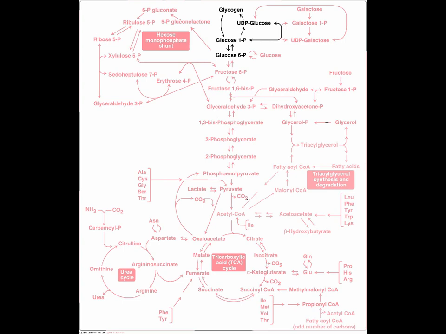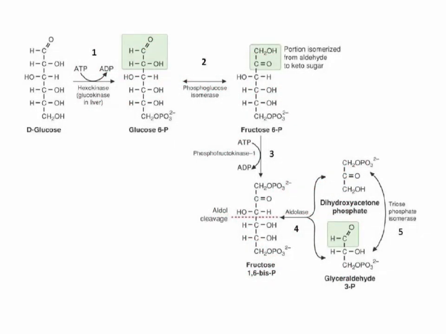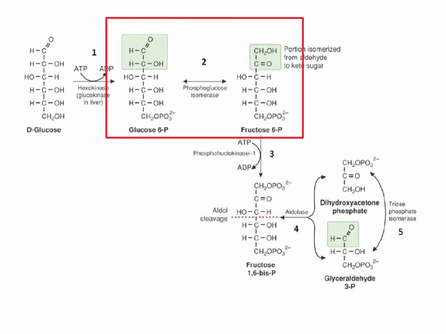Okay, let's look briefly at the reactions in glycolysis so that we can identify a few points that are important about this pathway. Following the phosphorylation of glucose to form glucose 6-phosphate, there's an isomerization to fructose 6-phosphate. This creates a hydroxyl group on the 1 carbon that can be phosphorylated in the next step to form the product fructose 1,6-bisphosphate. Next, the molecule is split by the aldolase enzyme to 2 triose phosphates, dihydroxyacetone phosphate and glyceraldehyde